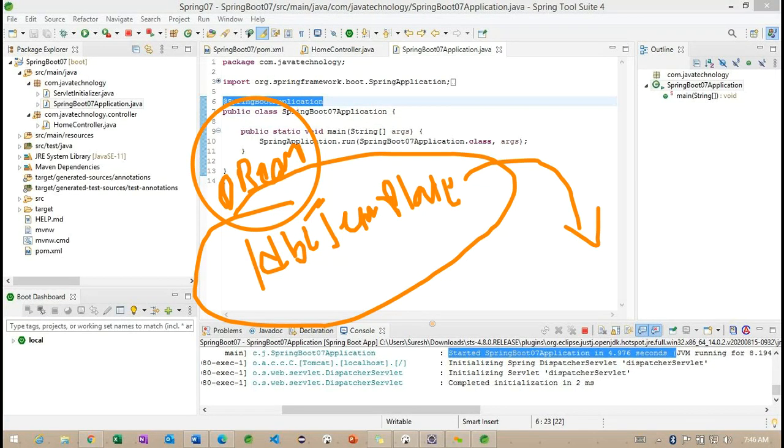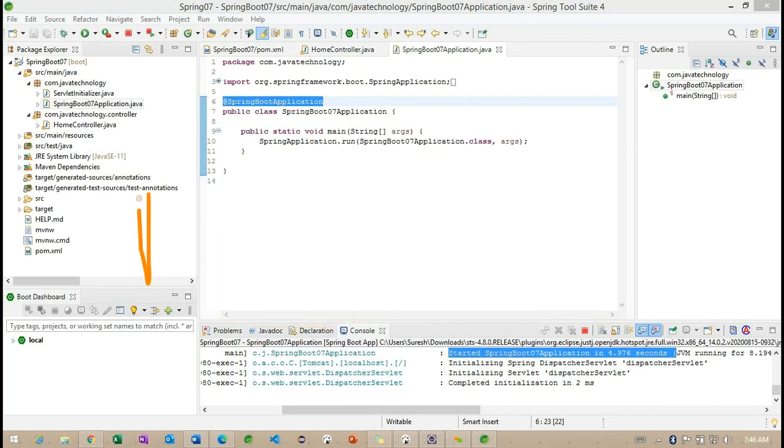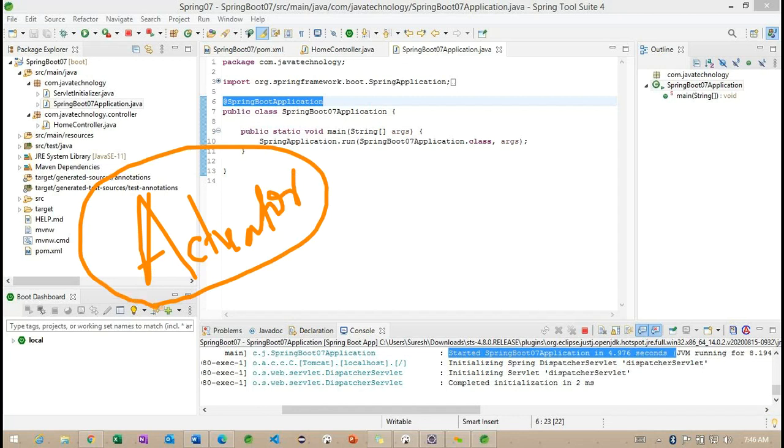And one more important thing here, we have Actuator. We are going to call Actuator here. Observe here. This is a new concept we have in Spring Boot, called Actuator.